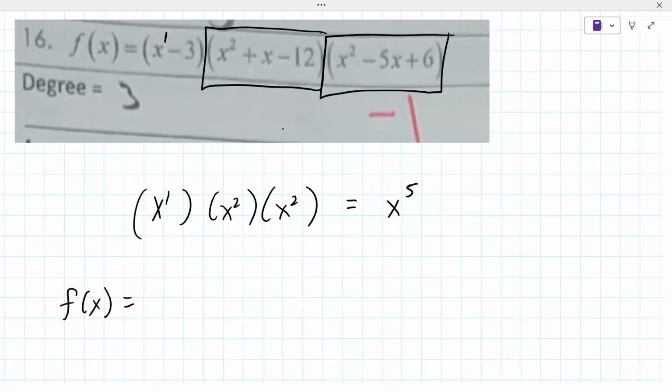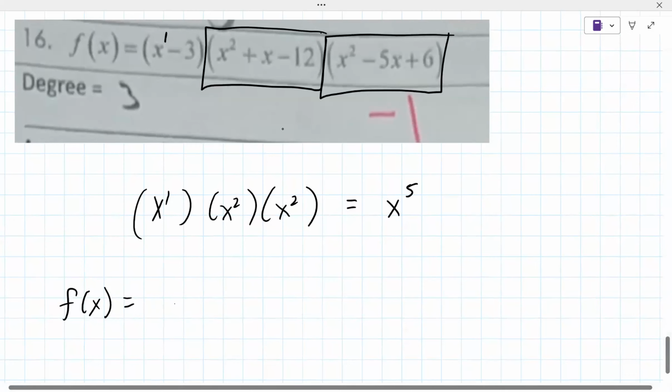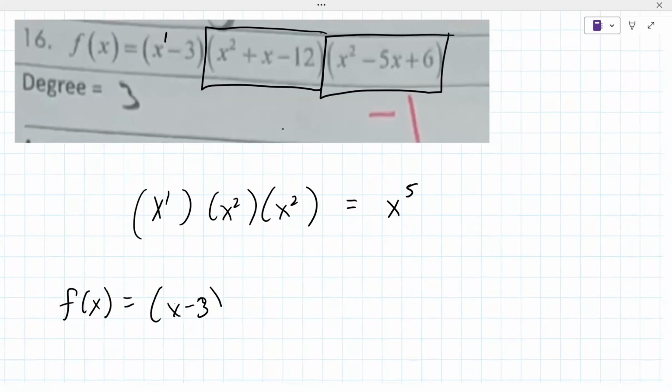So for the first one, I got x plus 4, x minus 3. Yep, that works. Correct. Yep, really good. Then for the second one would be